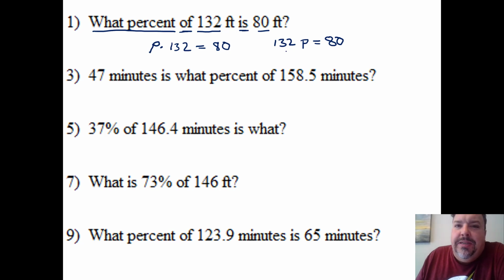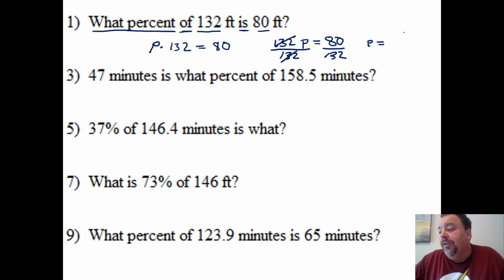In this case, we want to get the p by itself. p is being multiplied by 132, so we're going to divide by this coefficient. Divide both sides by 132. Whatever we do to one side of the equation, we've got to do to the other side. Then over here on the left, the 132s will cancel out, and we're going to have p is equal to 80 over 132. We go to our calculator and type it in. What is 80 divided by 132? It comes out to